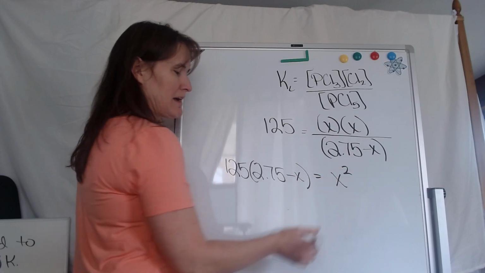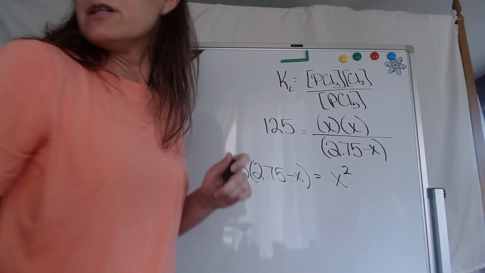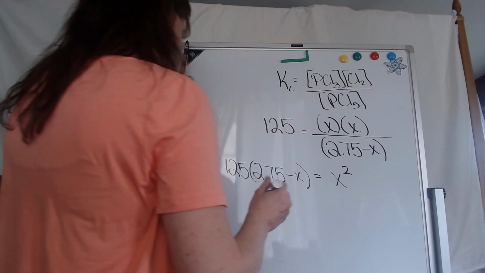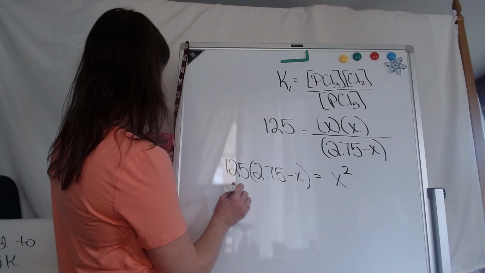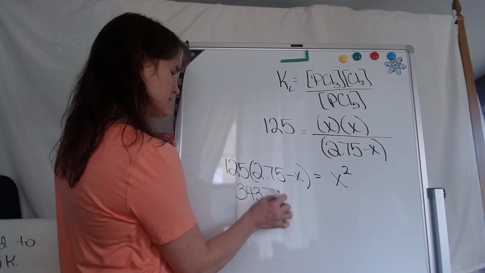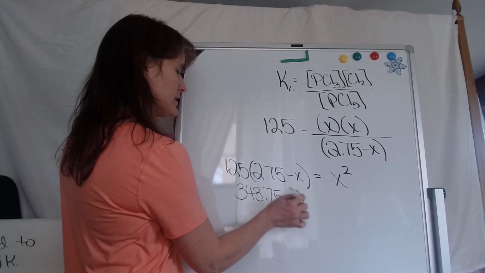So I'm going to go ahead and multiply that. 125 times 2.75 equals 343.75 minus 125x